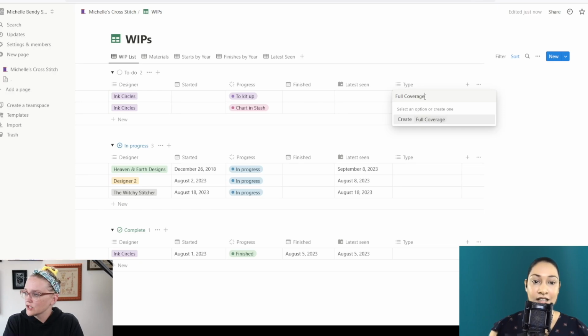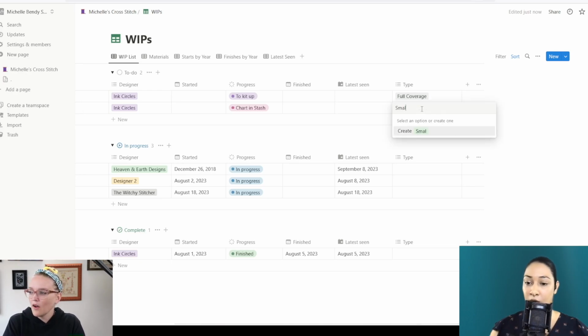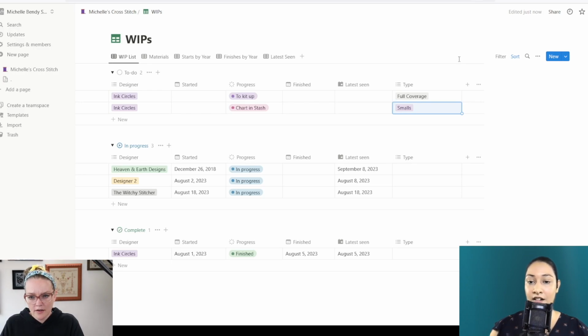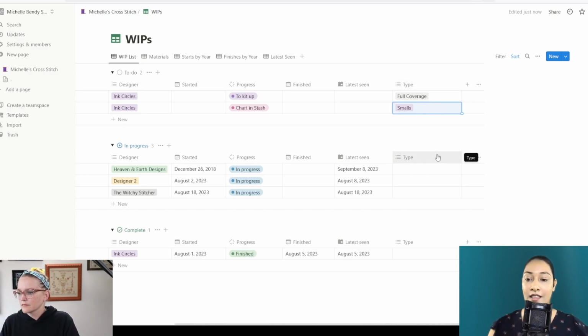Like full coverage. So you can add full coverage, you can add smalls, you can add quirky Quaker. And if you don't want it to necessarily be part of your WIPs, let's say you have a type that you'd like to add that is not something you've already added, if you click on type